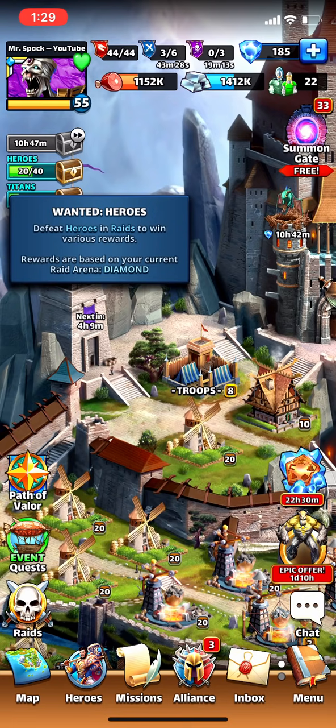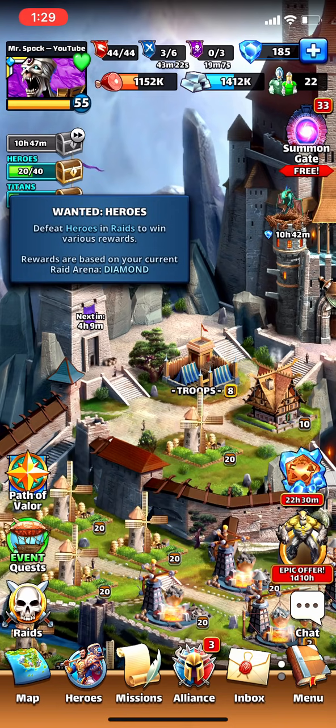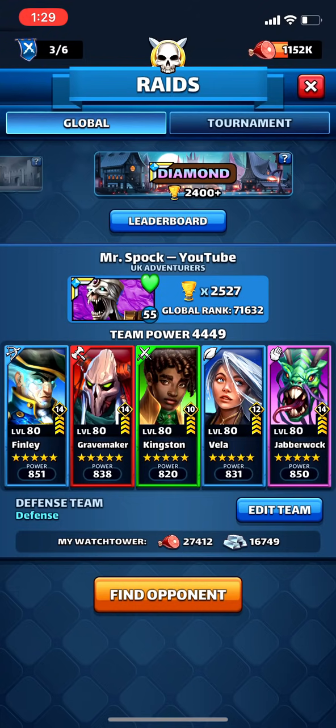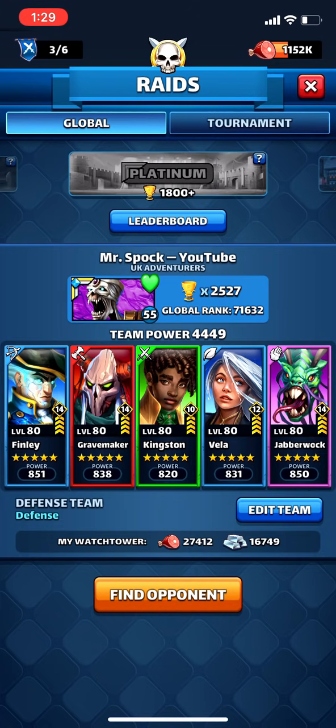The higher your cup count, the higher the corresponding raid arena you will be in, and the better the rewards can be. So if you're in gold when you fill your raid chest, and you're right on the verge of going into platinum, it could be worth waiting to open the chest if you only need one more raid win to push into platinum. However, I wouldn't advise waiting more than like an hour before opening the chest because you